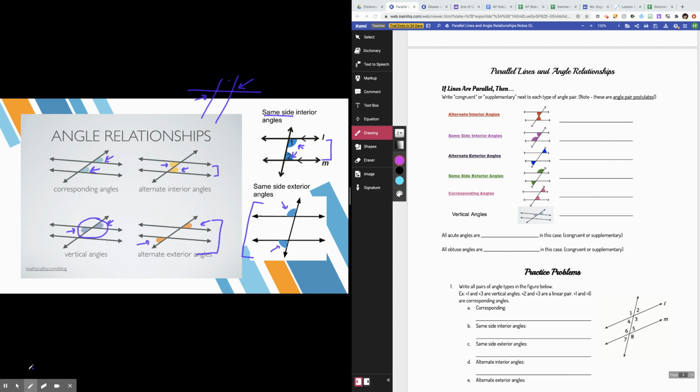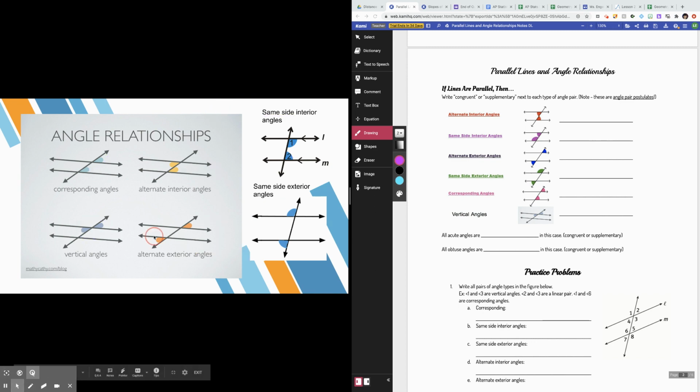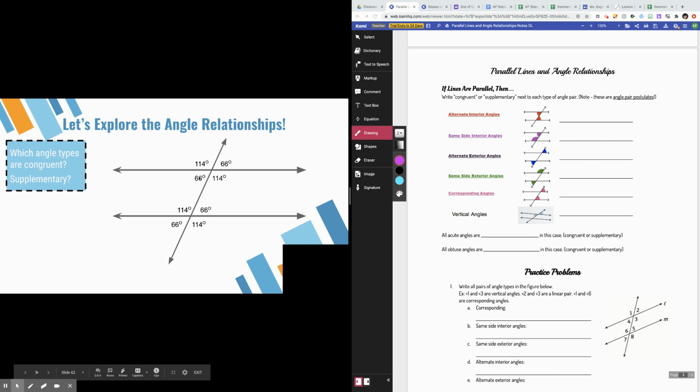So now that we have an idea of what these are, we have to know that there are some relationships between them. This only works when the lines are parallel. If the lines are not parallel, this isn't going to work. The angle relationships don't hold up. So there are only two possible types of angle relationships. You can see on the screen on the left-hand side